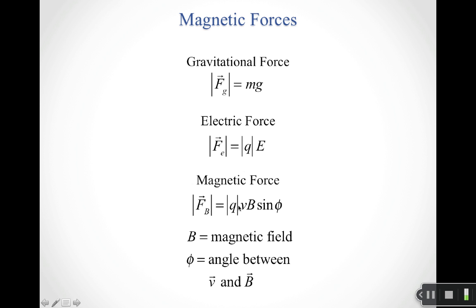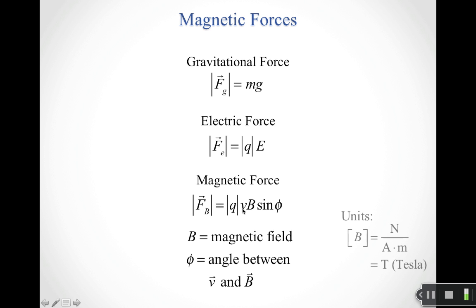So in the same way that we said, hey, Q sitting in front of E is what matters. Well, QV, so both the charge and how it's moving, right? Because again, this sine phi is a description of how it's moving. That has to pair with the magnetic field. So the QV is basically playing the same role as mass did for gravitational forces and charge did for electric